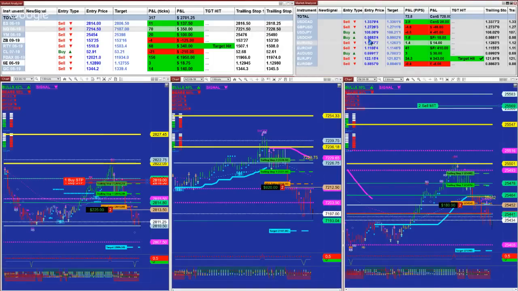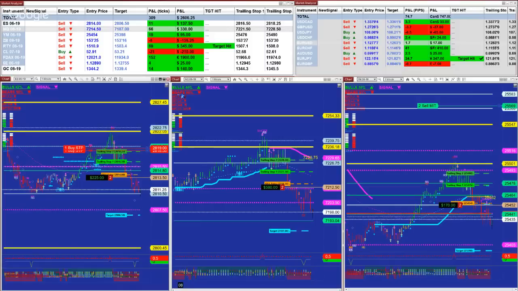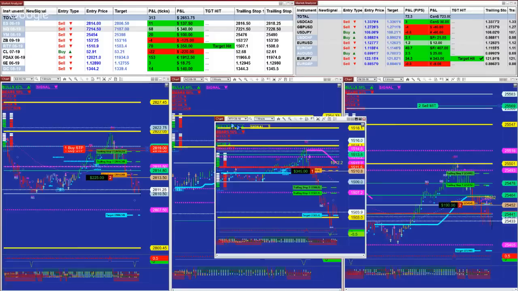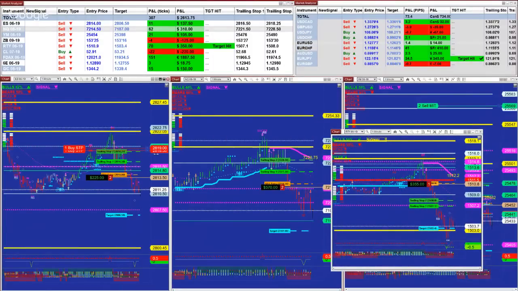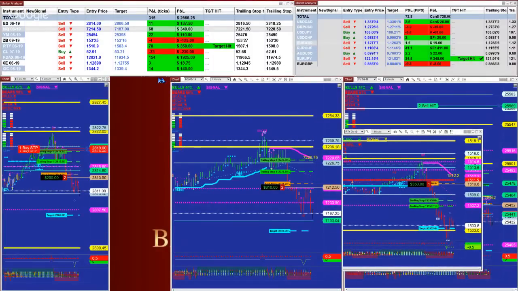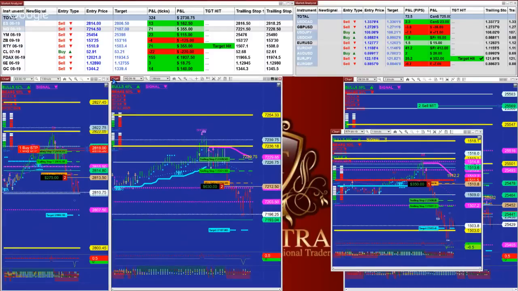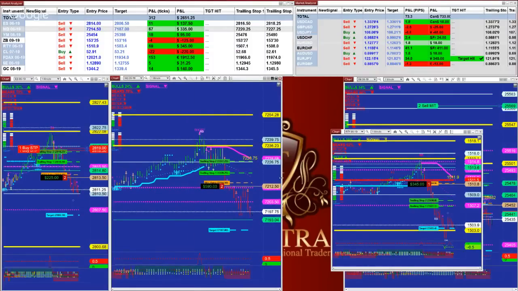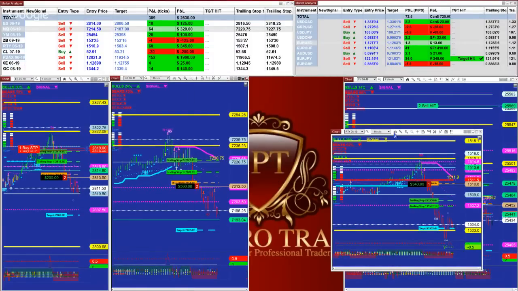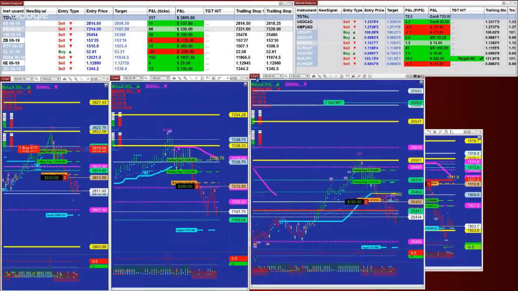Right now in the market, we had a very nice trend. We finished, and now we just activated the short trades, and we will be covering some of those trades, and maybe we can take some on the pullback. So this is your first chart, an ES, your second chart is a NASDAQ, your third chart is YM,